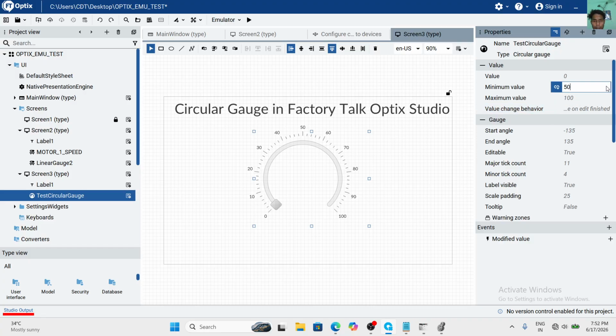If the minimum value is 50 and I press enter, the minimum value will be 50 and the maximum value will be 100. When I choose 0, the minimum value goes to 0 and the maximum value to 100.